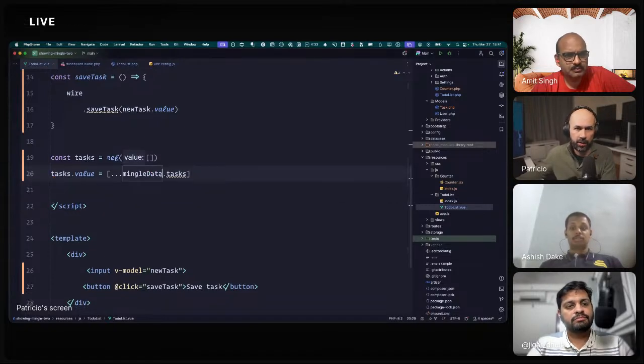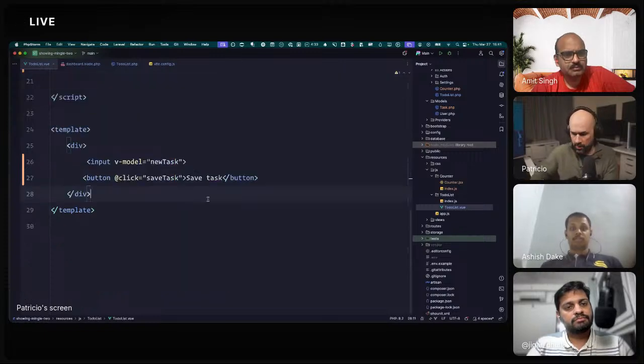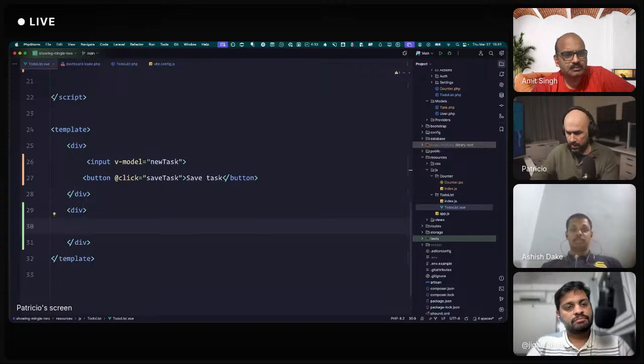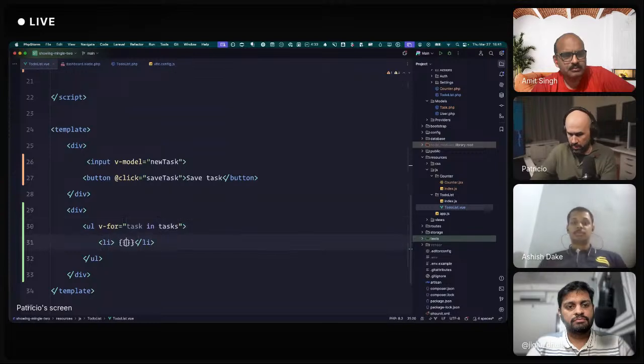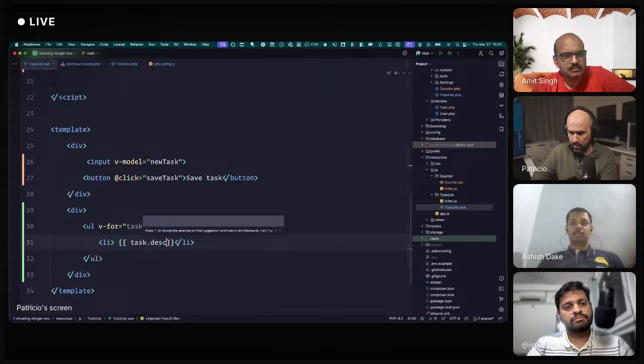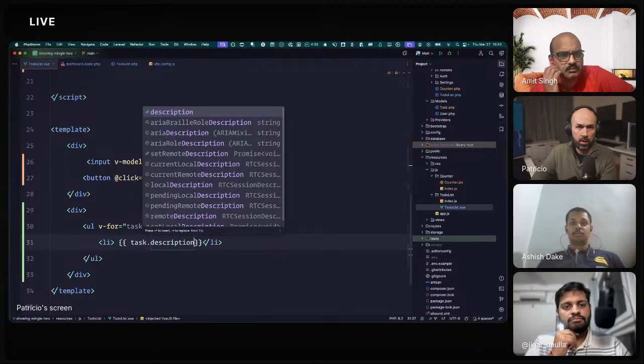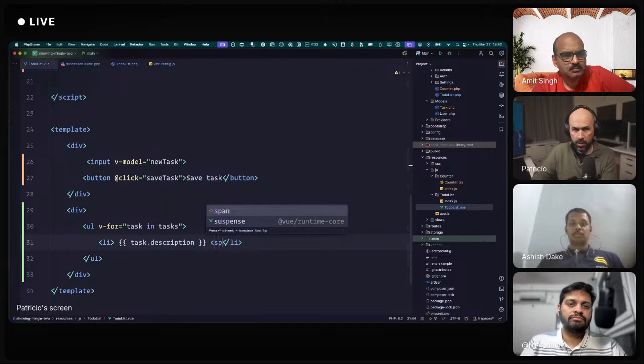So we have this error. Something we could do if you don't like to see that is like so. That's it. So now we're going to go and add a UL probably. So let's go v-for, task in tasks. That's it. I think it's enough. So task.description, and maybe